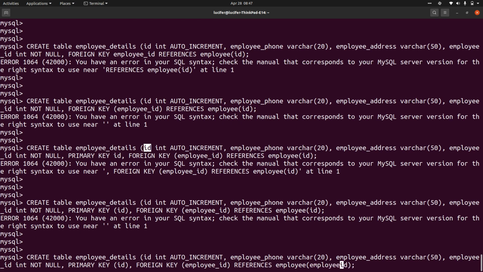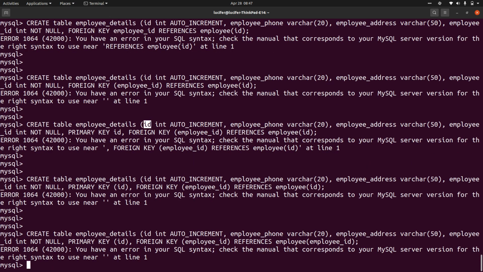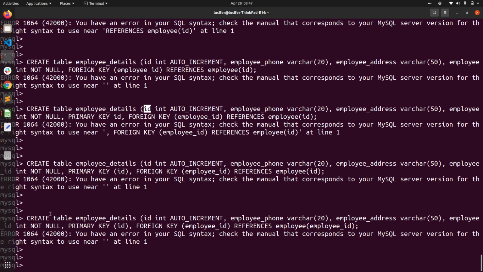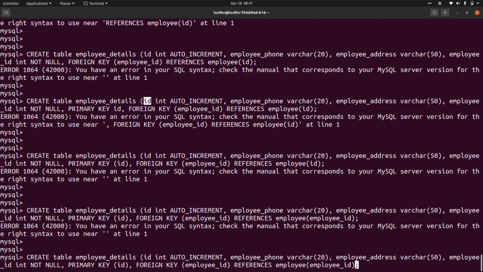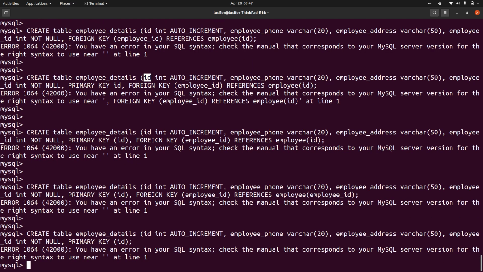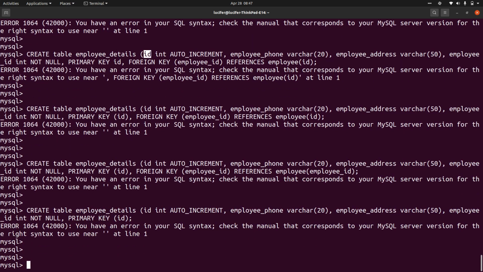Let me take employee ID here. Let's see if that works. No. Okay, let me add the foreign key later, guys. Let's see why this syntax is not working. There is some syntax error itself, it seems.